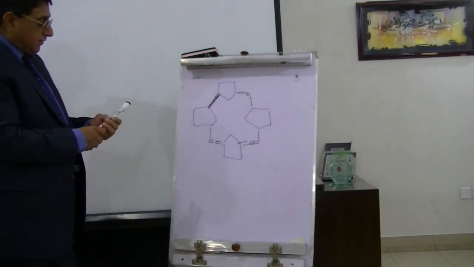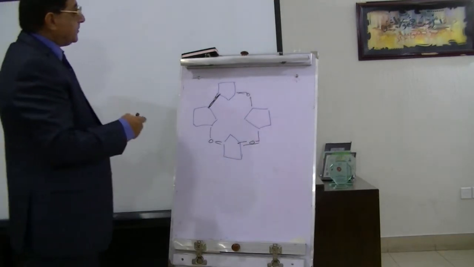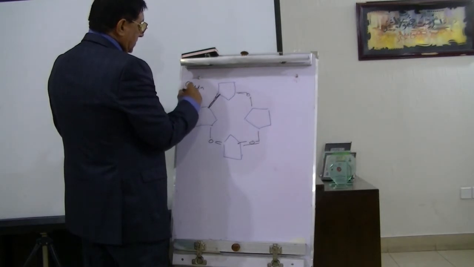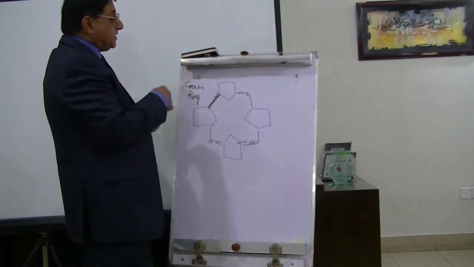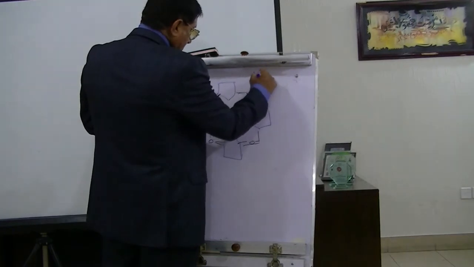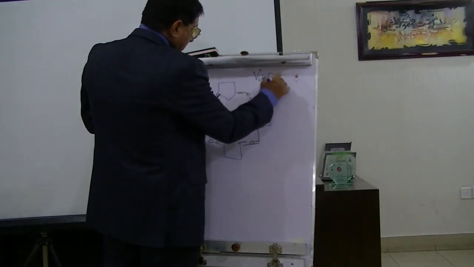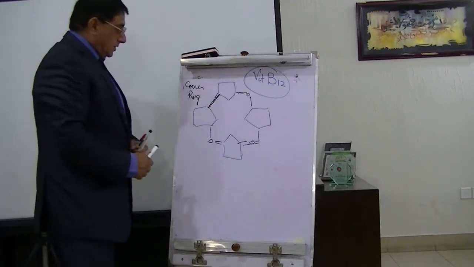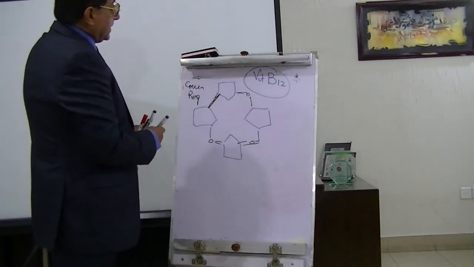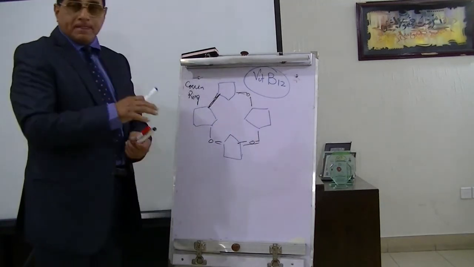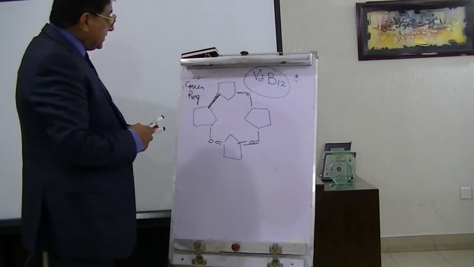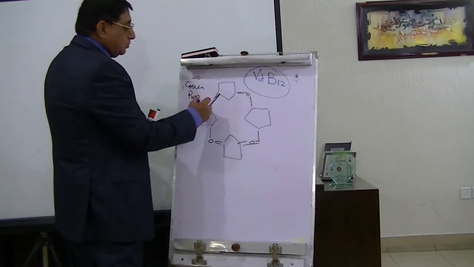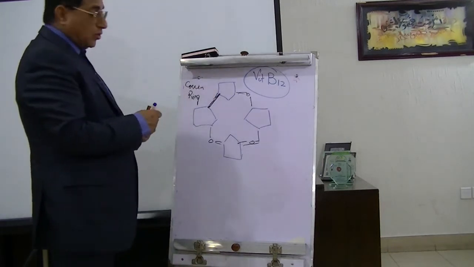So this is what we call the corrin ring. So this is the structure of vitamin B12, of the B complex series. This corrin ring somewhat resembles the structure of heme, but the difference is that 2 of the 4 pyrroles are